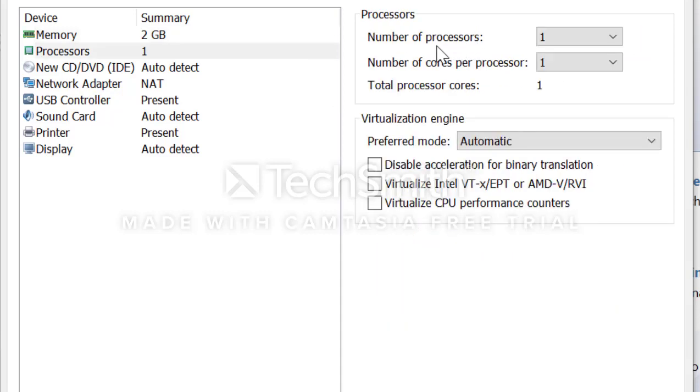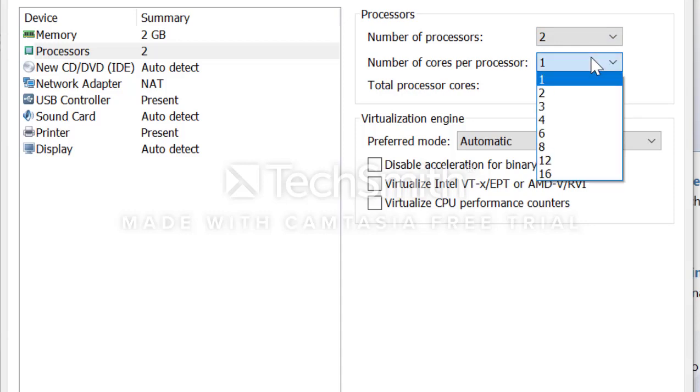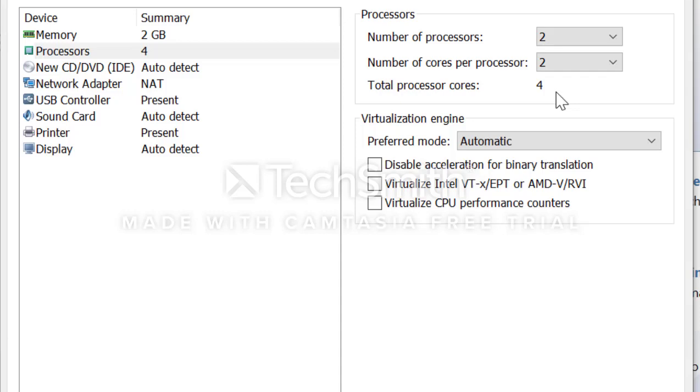You can select your number of processors from here. It is selected to 1, now you can click on 2. The number of cores per processor is selected to 1, you can also change this to 2. So you have a total of 4 cores available. That is enough for me. It will help you increase the performance of your VM.